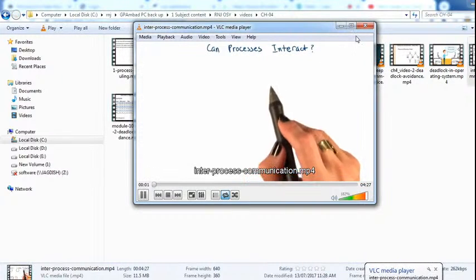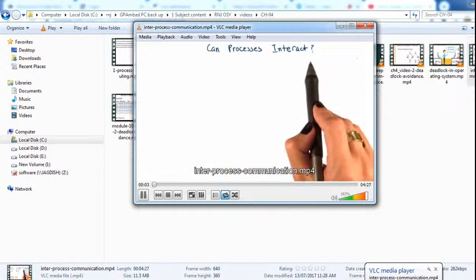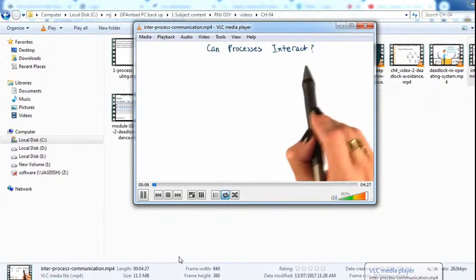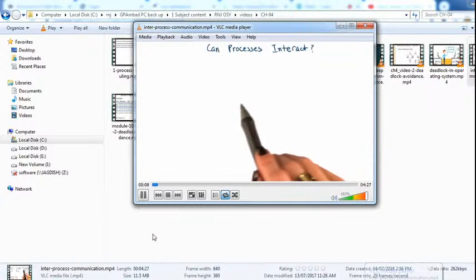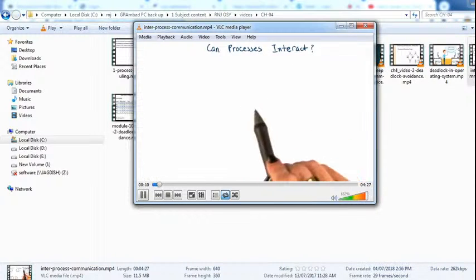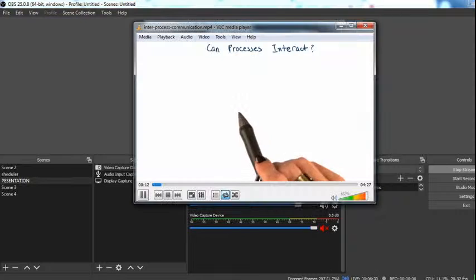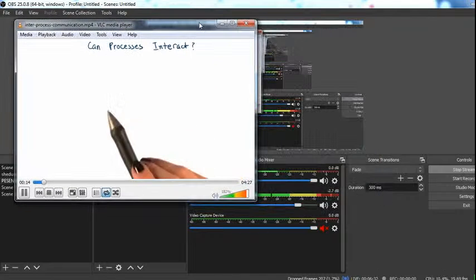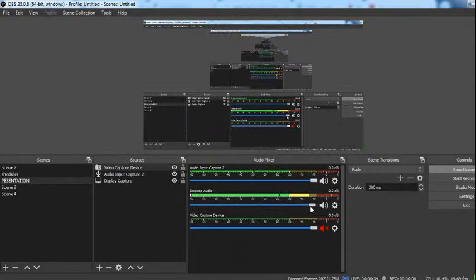Another natural question can be, can processes interact? And the simple answer to this is yes. An operating system must provide mechanisms to allow processes to interact with one another. And today, in fact, more and more of the applications we see are actually structured as multiple processes. So these multiple processes have to be able to interact to contribute to a common goal of a more complex